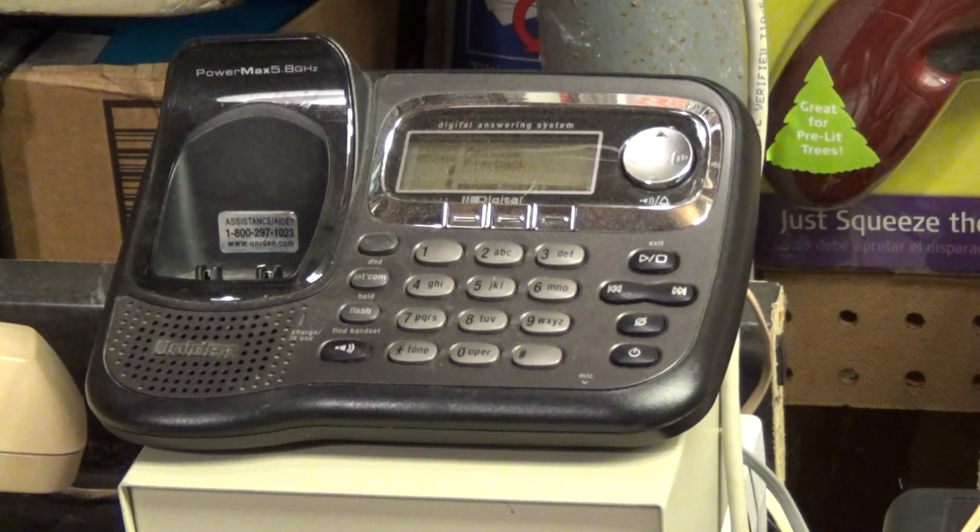So this is the testing of the speakerphone. I'm speaking at about half a meter from the telephone. I'm going to start going back. This is about 1 meter from the telephone. This is about 2 meters from the telephone. I would expect a speakerphone like this, a base